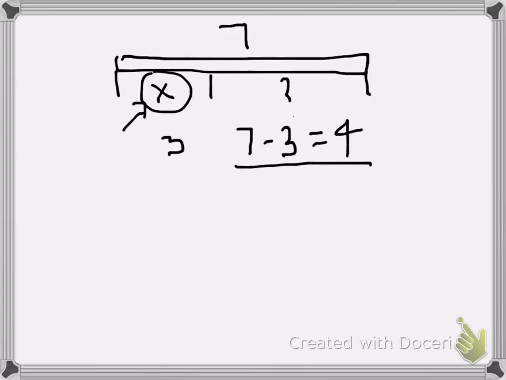We're going to take the length of our board, which is 7, minus the length of the piece that we know, which is x, and that is going to give us an expression for the length of the other piece. Okay, it's fine that it's got an x in it because the instructions tell us to find it in terms of x